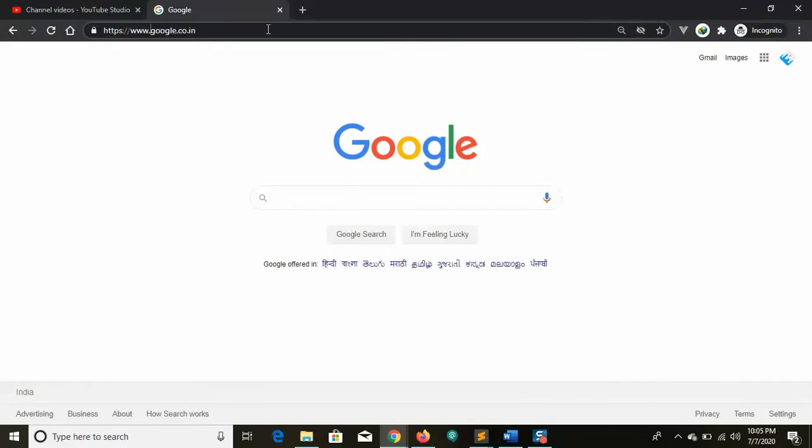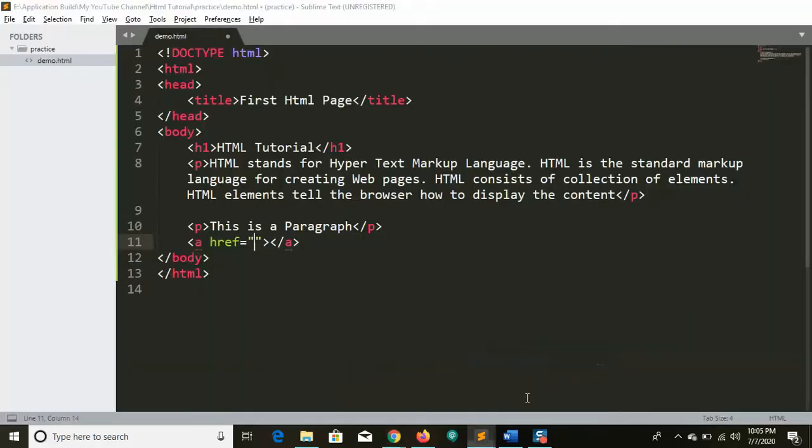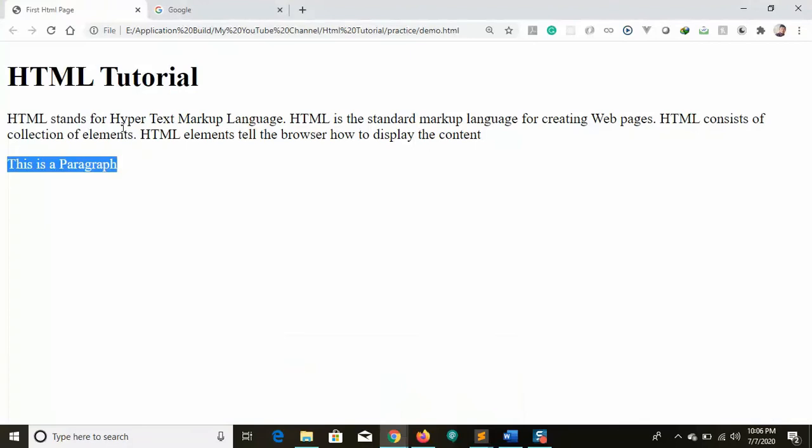Okay, copy this link, Control A, Control C. If you are on Mac, it's Command A, Command C, and Command V for paste. For Windows, Control V. Okay, so let me save. Currently you won't get anything displayed, so let me go to our application. So reload.